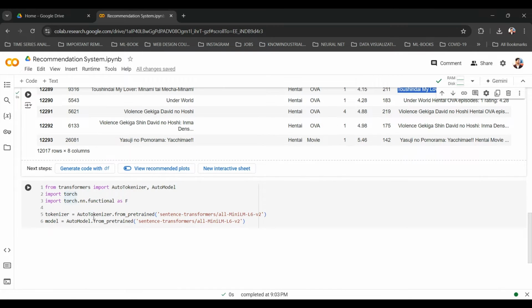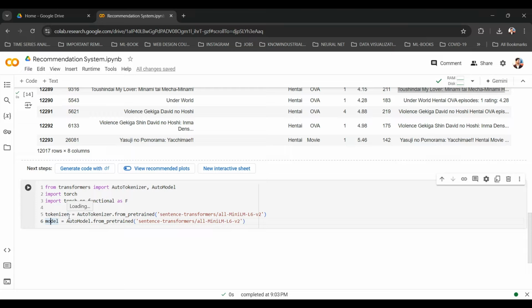So we need it to be tokenized before we can pass it to the model. There is a requirement that we need to use the particular tokenizer that the model itself used for its training. Whatever tokenizer the model used for training, we need to use the same tokenizer for tokenizing our sentence. We are actually not training any model here; we are just using the model, just inferring from the model. That's why we have to use the same tokenizer.